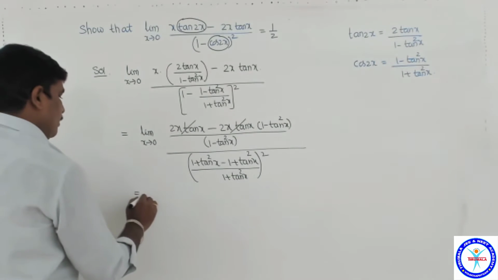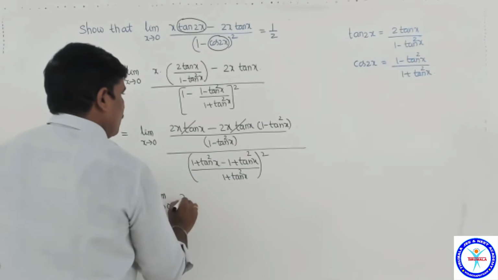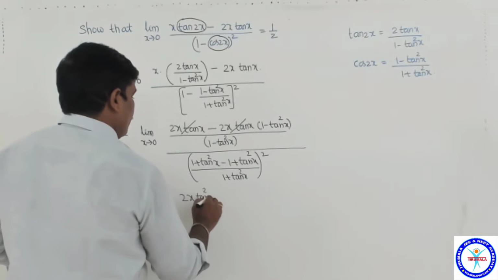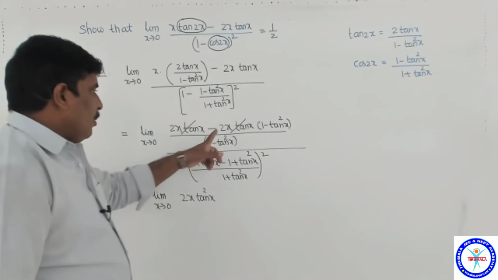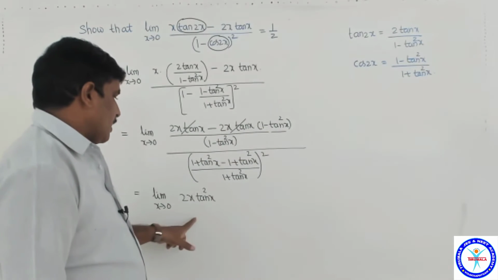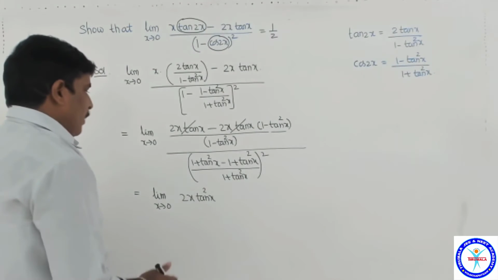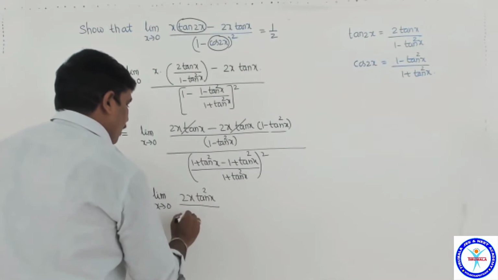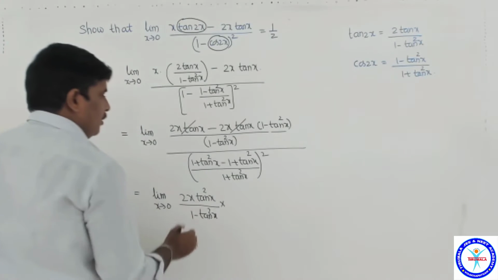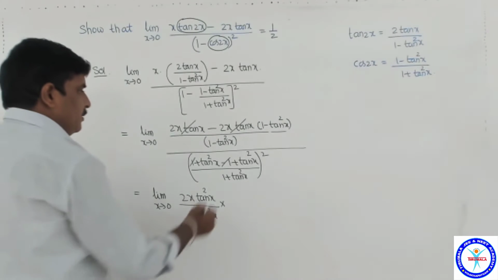This is equal to limit x tends to 0 of 2x tan square x, because minus into minus gives plus 2x tan square x by (1 minus tan square x). The minus 1 plus 1 cancel. Then we get